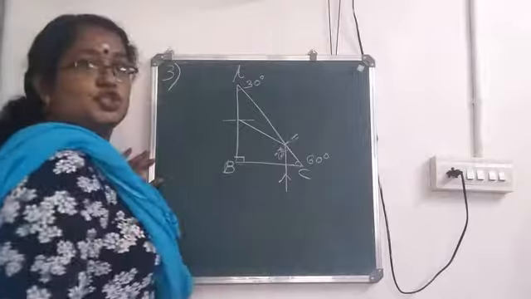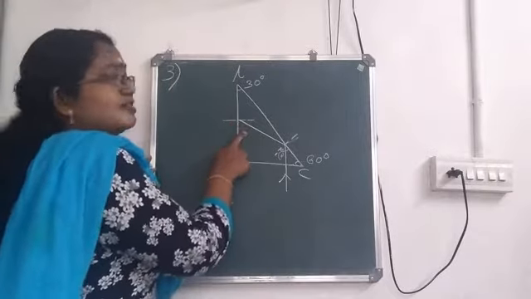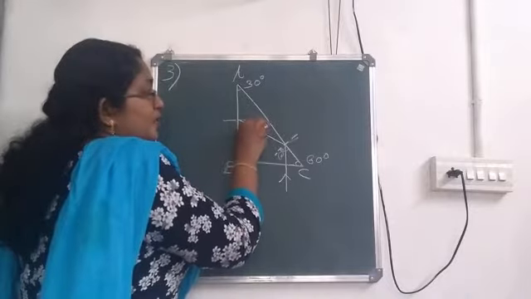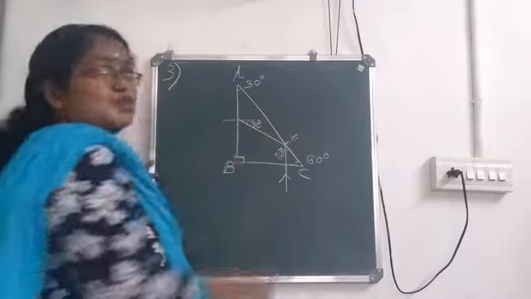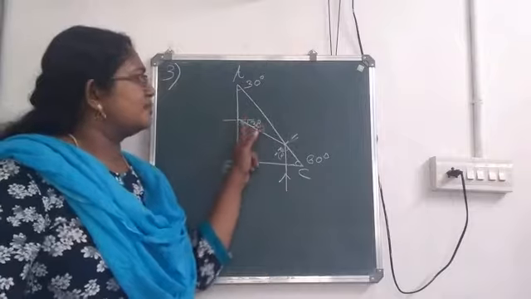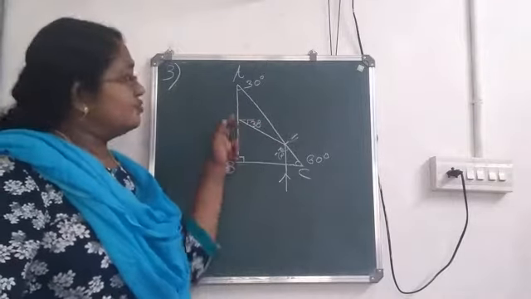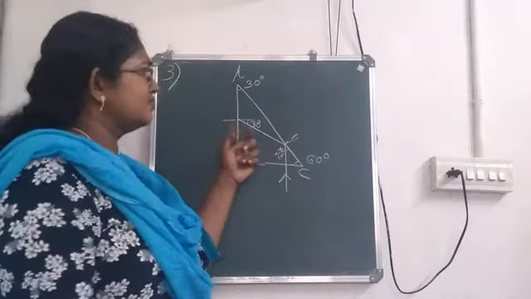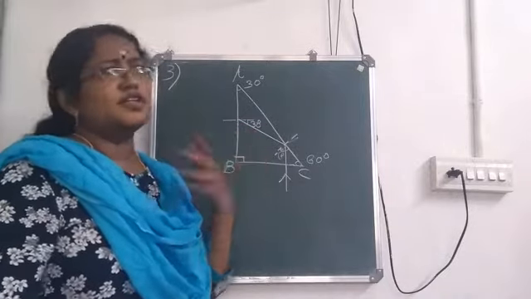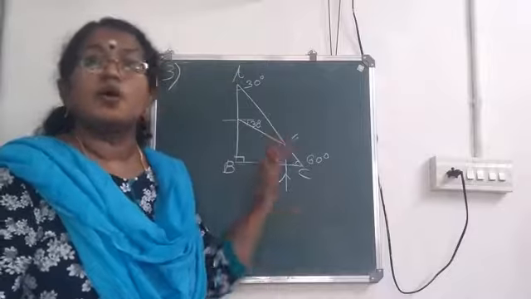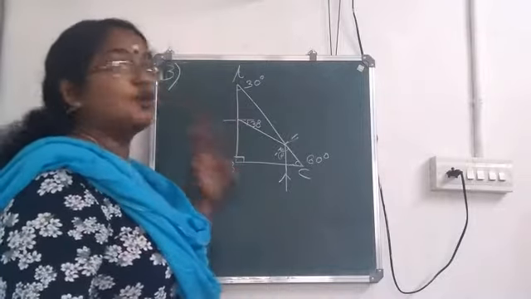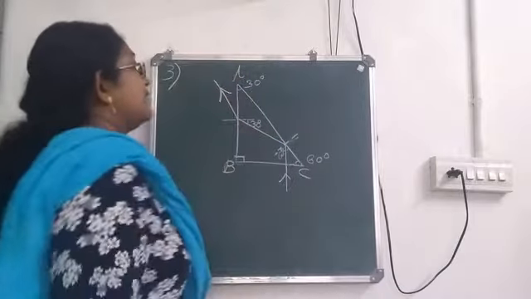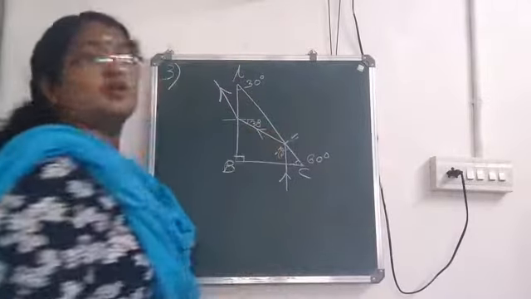You can see that this angle is so less. It will be 30 degree. So in order to say about this 30 degree, you have to solve the entire triangle. So just remember this angle is 30 degree, which is less than the critical angle. So what happens? If it is less, total internal reflection won't take place. Normal refraction takes place and it will go out. It is moving from denser to rarer. That means it moves away from the normal.